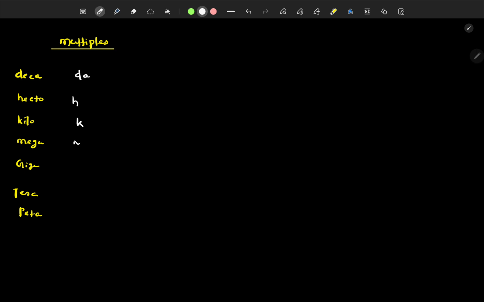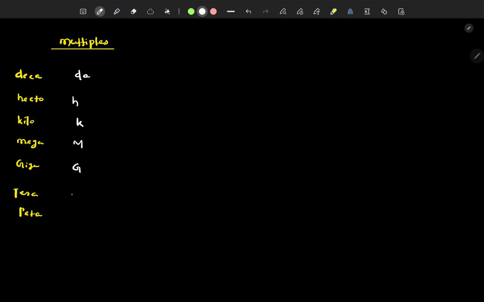So for multiples, some multiples, now see, first is deca, next one is hecto, then kilo, then mega, next one is giga, next is tera, next is peta, not petal, this is peta. Okay, and the symbol of deca is da, hecto is small h, kilo small k, mega capital M,